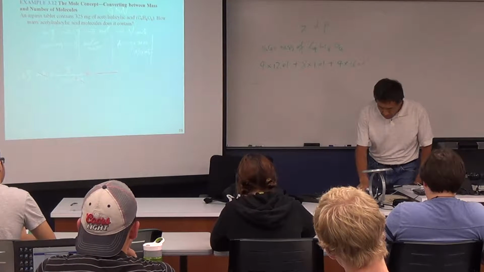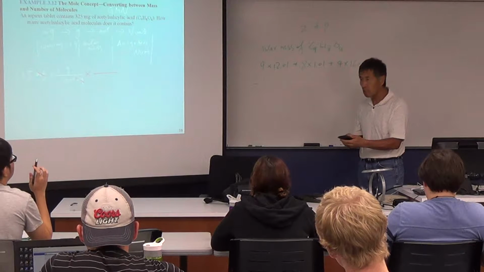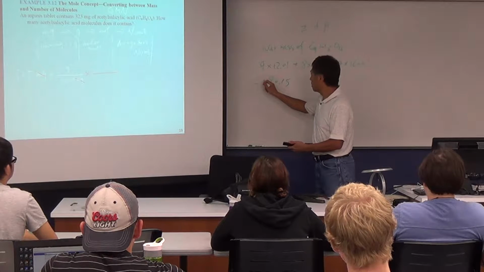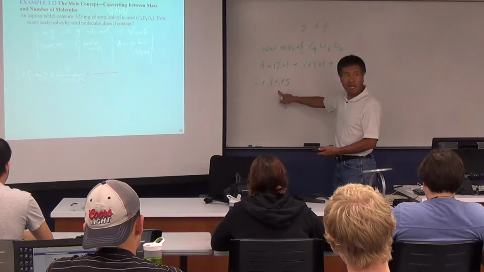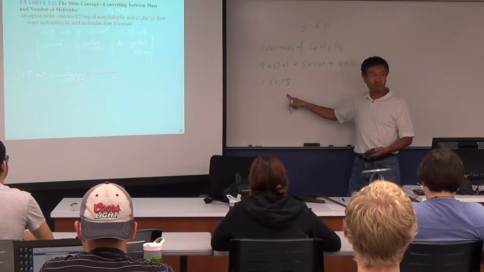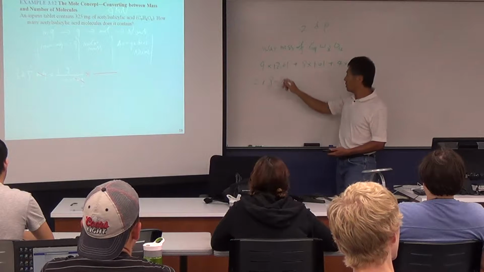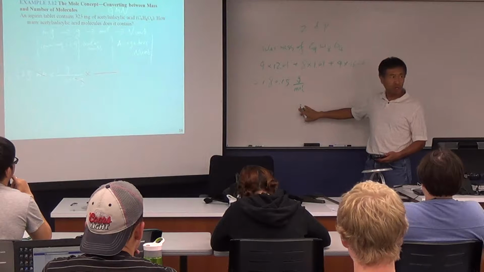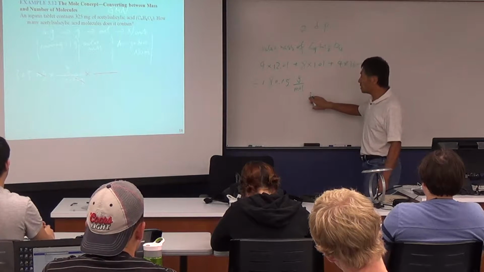Yeah, I didn't divide it. So let's see, we have 12.01 times 9 plus... 180.15. Right? Same? 180, right? 180.15. What will be the unit? What do we calculate? So it will be gram per mole. Gram per mole. Okay? So what we learn in chapter 2, when you have this information, you can write something